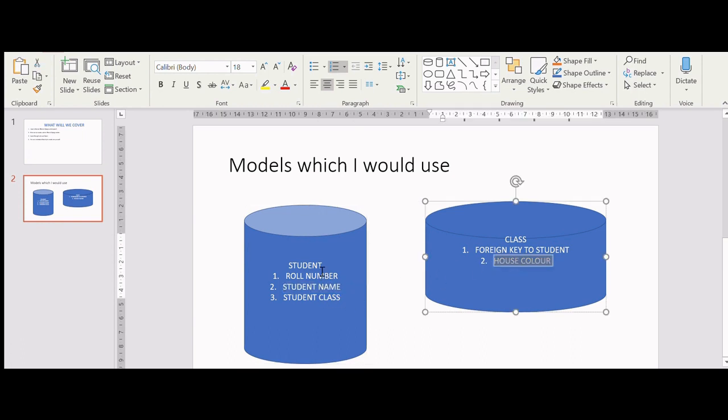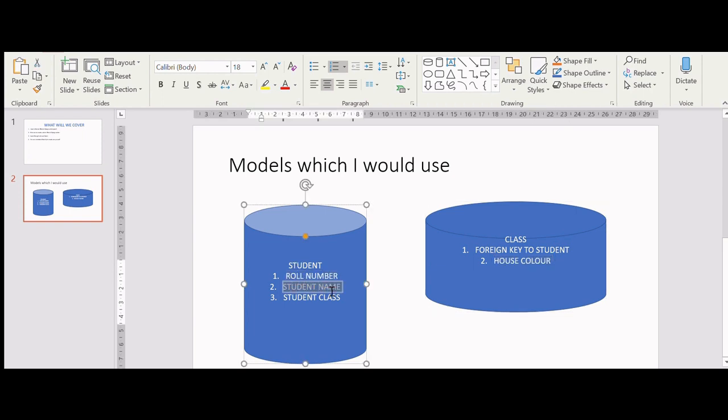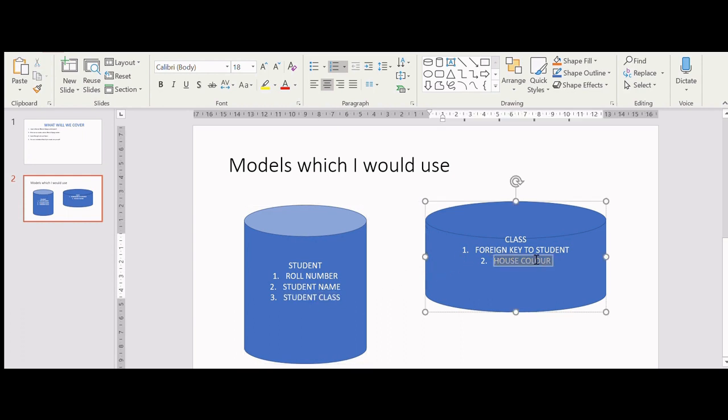For example, there are three students associated with a particular class A, and that class has house color red. I will show you how you can use this house color filter on the student model. So this is how custom filters work. The normal filters you can simply use in list filter, roll number, student name and class. But to use this house color filter, we have to make some changes.